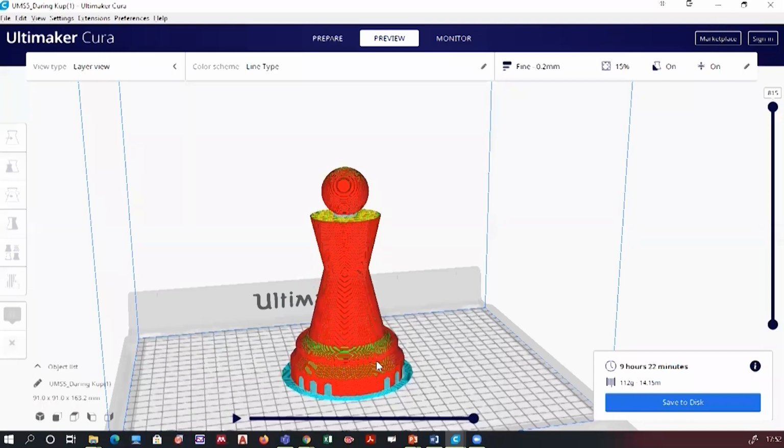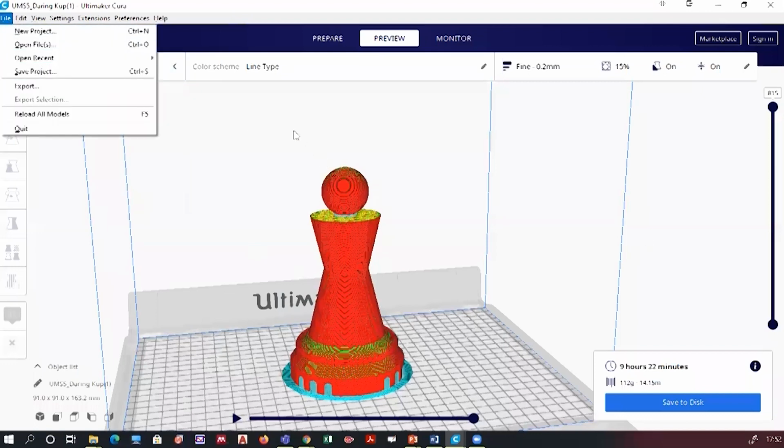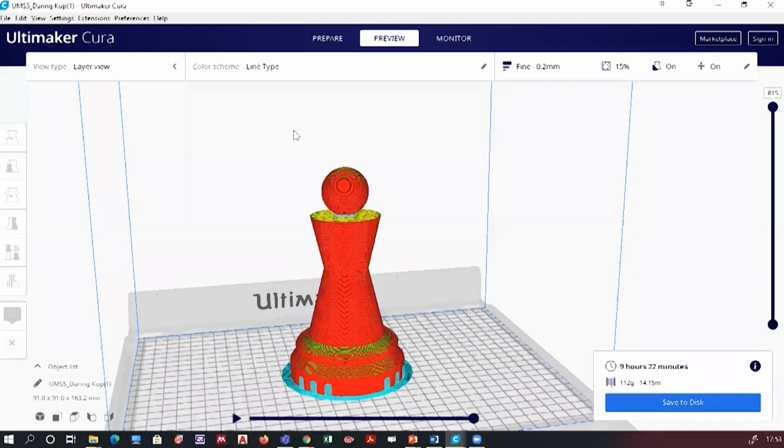Slicing is done. Now what will we do? It has generated some kind of code. So we can save this file. We can save the project and this file will be sent to the printer. You can send this to the printer and the printer will start moving the nozzle according to the G-codes which we have generated by the slicing process.